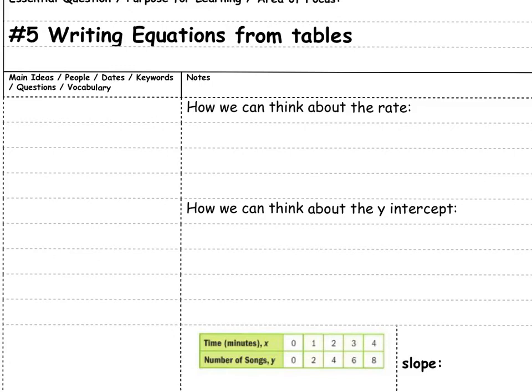Today's lesson is writing equations from tables, and so to begin, we first need to think about rate and y-intercept. When we think about rate, we know it is our m value when we have that generic equation y equals mx plus b. It's always our m value. We also have a couple different ways of thinking or calling it. You also might hear slope,